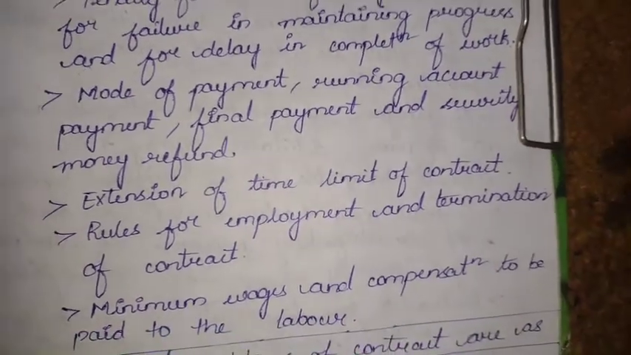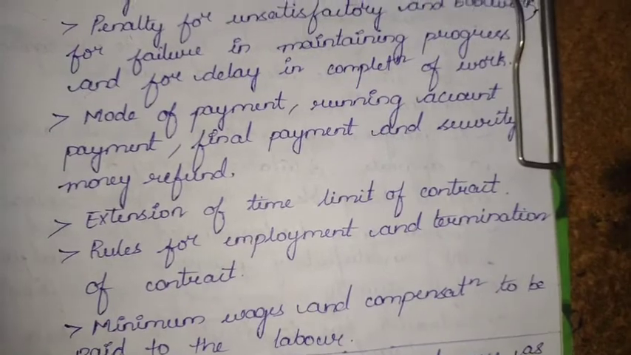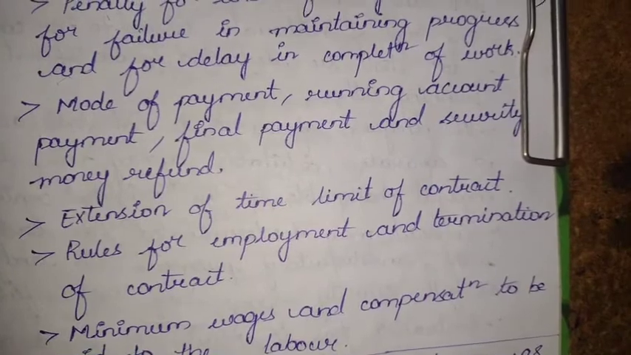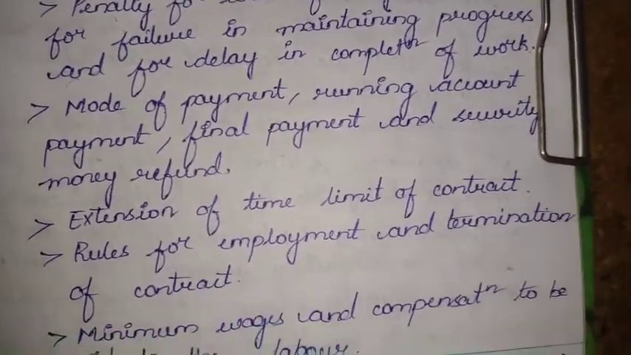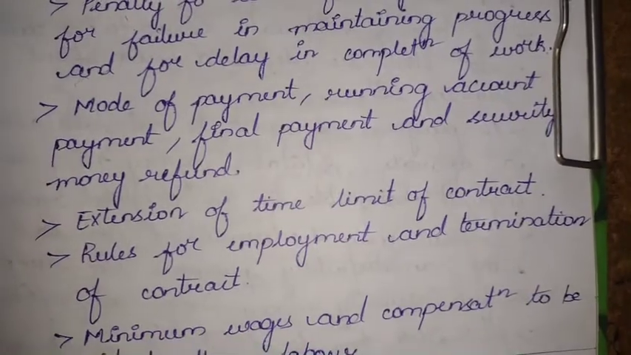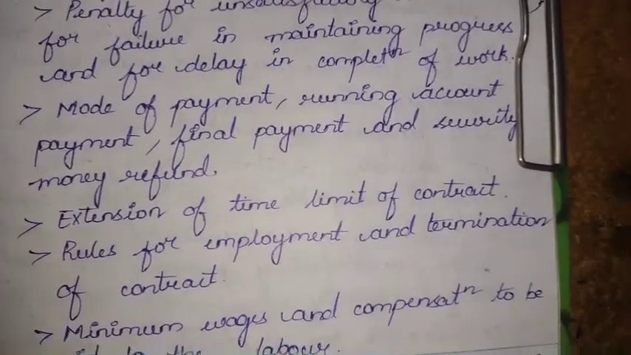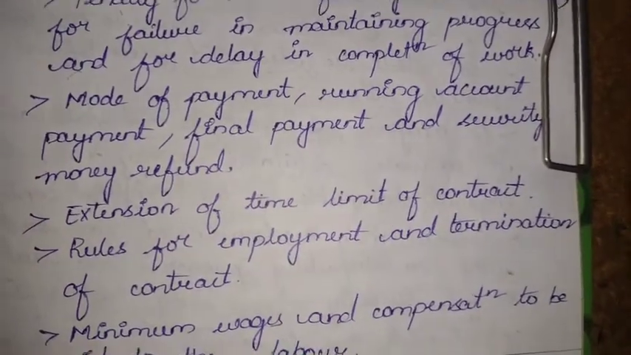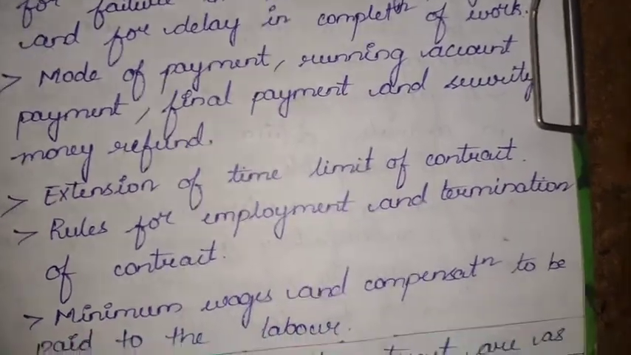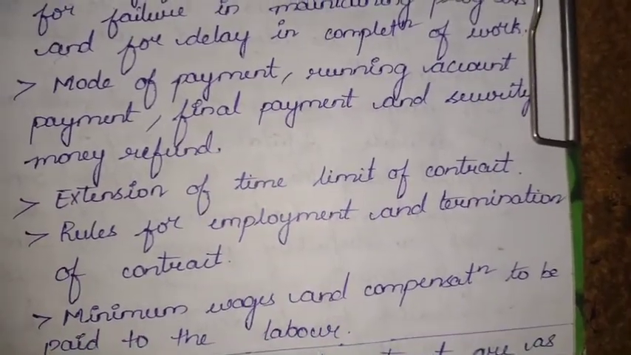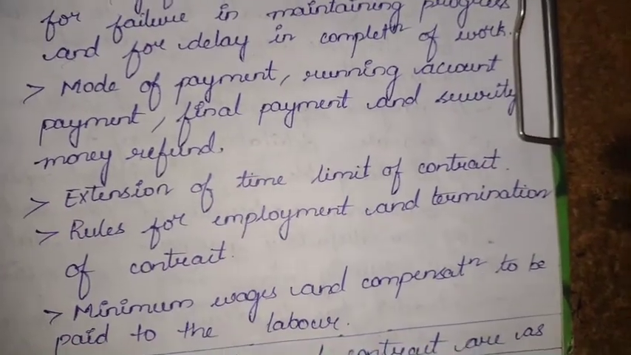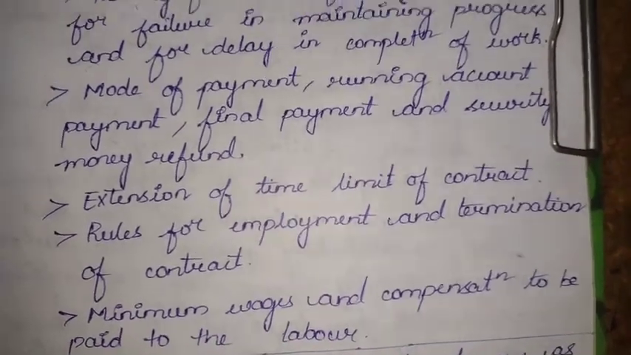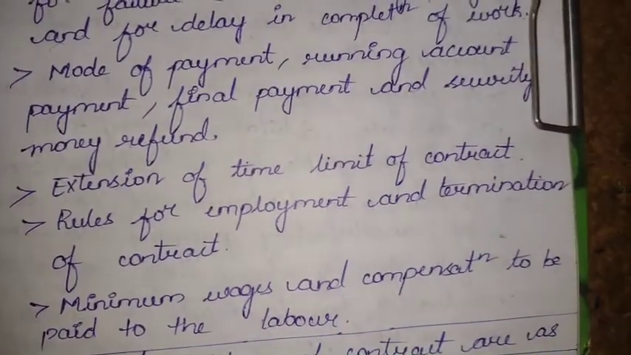See, mode of payment is whatever payments the owner would be releasing on a timely basis. What is the mode? Would he be drafting a check or would money be given? What all the modes are there, that has to be mentioned. Final payment, running account payment, that is, what payment at what intervals will be released. Also the security money refund, whatever security money the accepted party has paid initially would be refunded once the work is completed. At what stage this money would be refunded is also to be mentioned in this